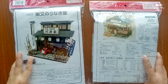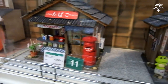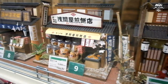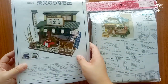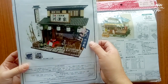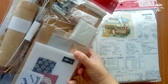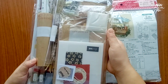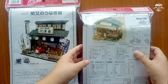Now, these right here are the miniature shops that I really wanted to get, and I saw someone making it on YouTube, so I decided to get one too, but it was quite pricey. It was one of the pricier items that I don't actually need, but I really wanted to give it a go. So I bought this first one in Don Quixote. They had a few selections, but a lot of it was out of stock. So I decided to buy this large shop, which cost me around 5,000 yen, which is equivalent to around $50,